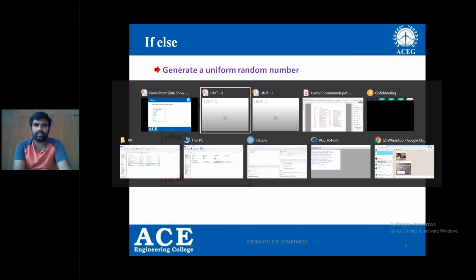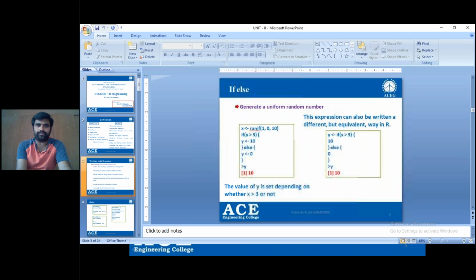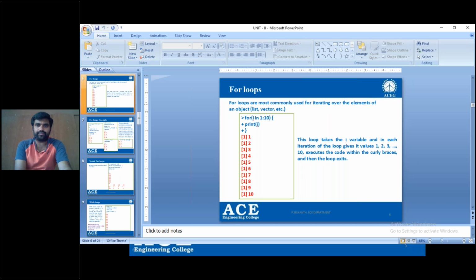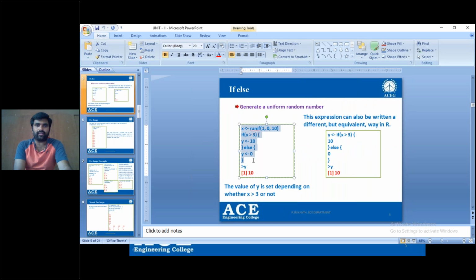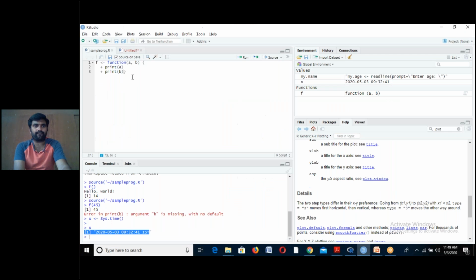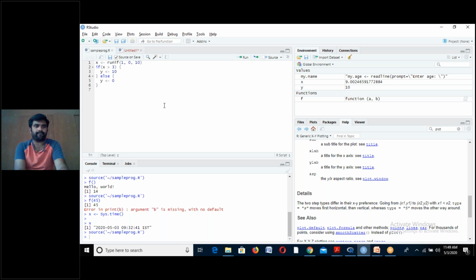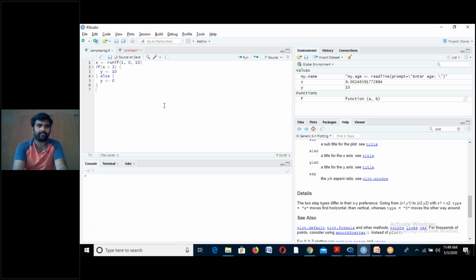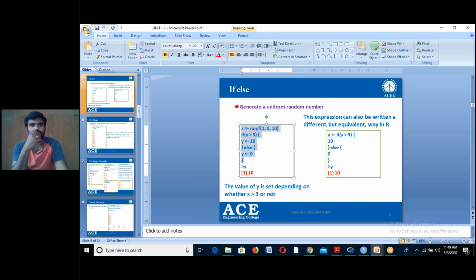So let me run the code here. Let us see the output of it. For example, what is the object defined here?